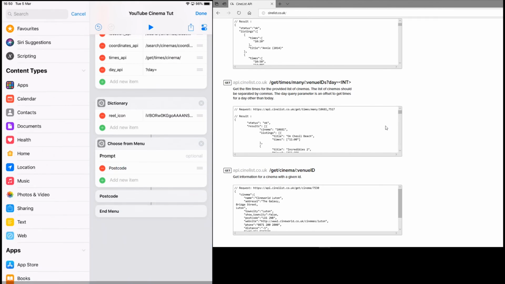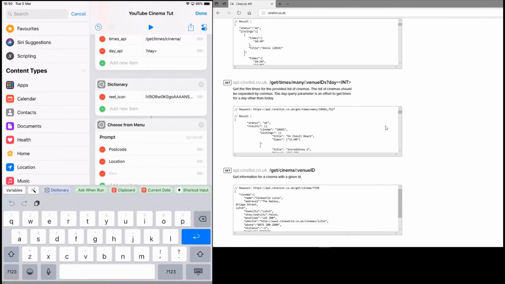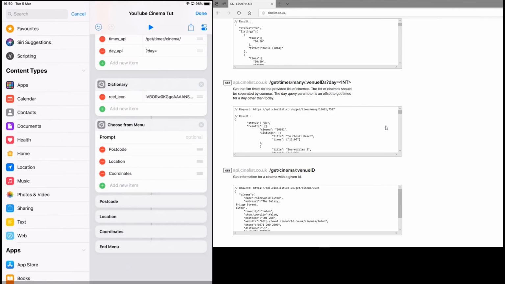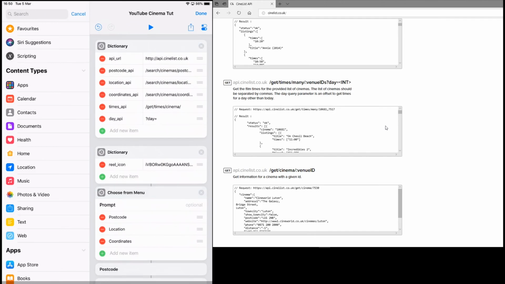and we will call it postcode, and then we'll return that, and we'll add another one and we'll call it location, and we'll return that, and we'll add a final one and call it coordinates, and we'll label that like that. So this, when run now, is going to show the user postcode, location, coordinates,